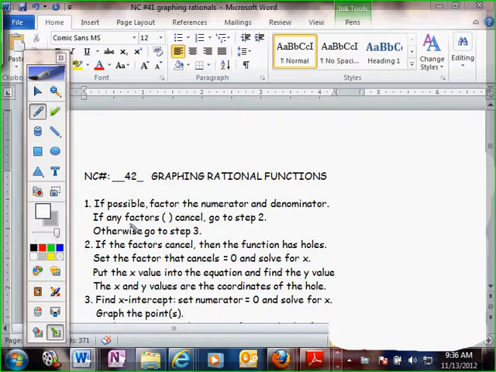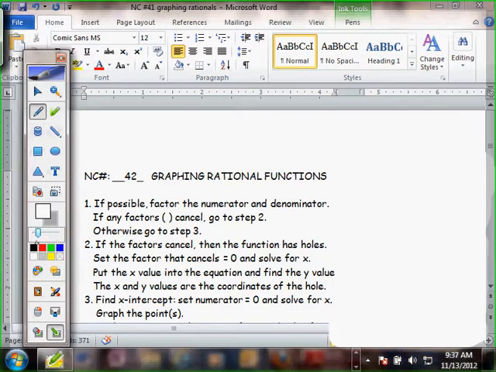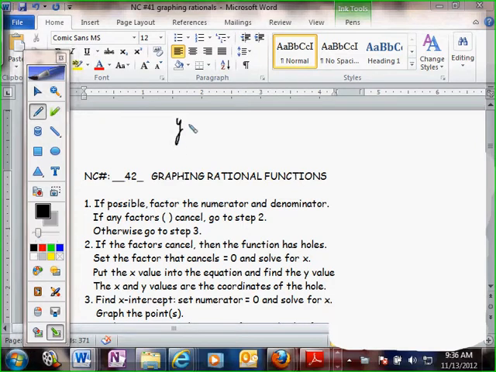I'm going to keep this up because if I click off of this, our graph is going to disappear as we're moving along. So let's see how this works out. Just read along with me on your note card and your note card notebook as I'm working this problem. The example that I'm going to use is one of our homework problems, and it's y equals